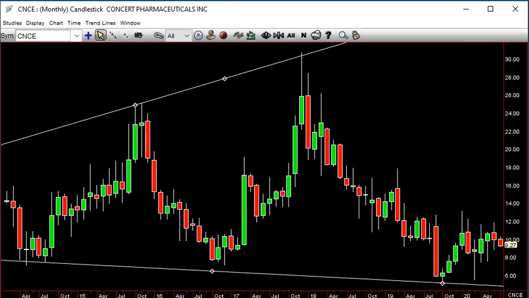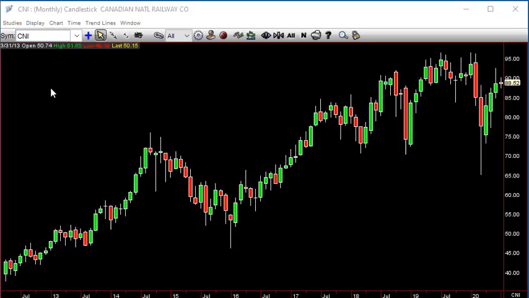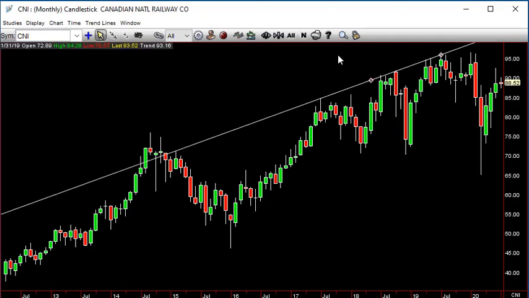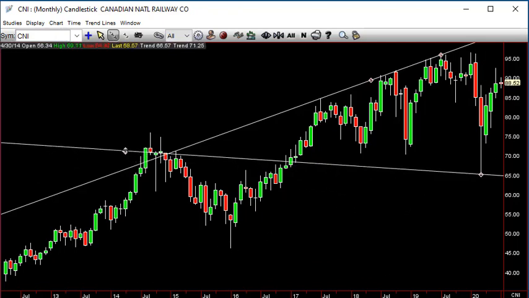Like so. CNI. Like so, and you can see it start over, slight higher high, slight lower low, boom, outside bar, inside,